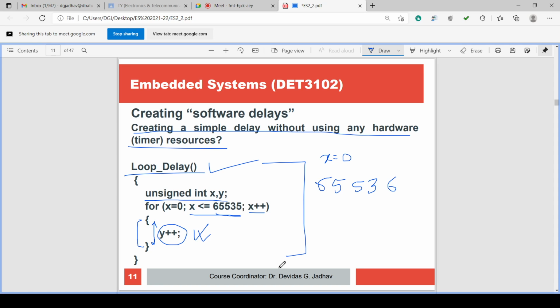Please remember, once you write the function, it can be called at any time, at any location, any number of times in the program. Any function once written can be called any number of times anywhere in the program.